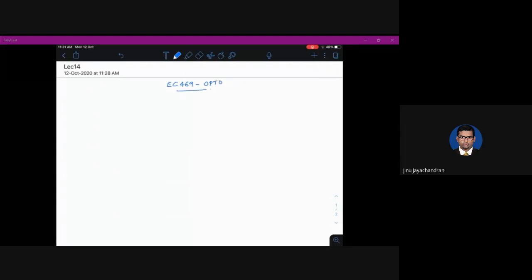So today we'll be starting the new module, which is module number 3, and we'll be talking about LEDs. This module basically consists of a special type of LED called nitride LEDs. We'll be discussing nitride LEDs in the next class. In this class, we'll be discussing the basics of LEDs. And the final section of this module is regarding white LEDs, which will be subsequent to the next class.